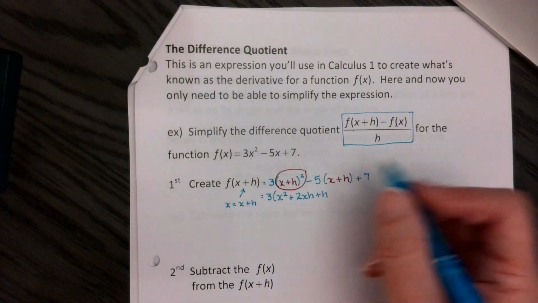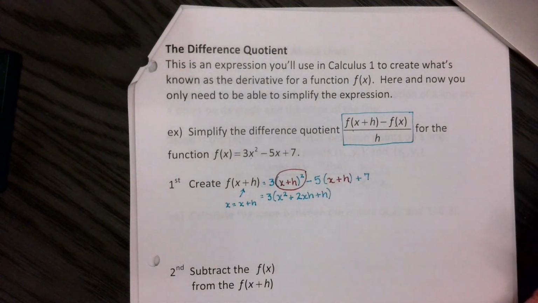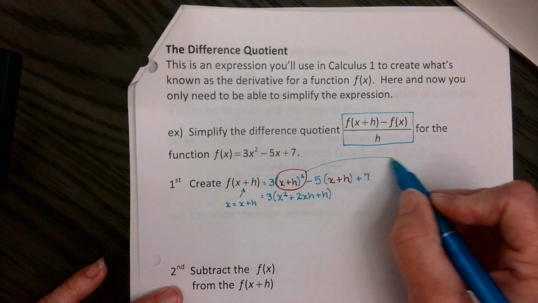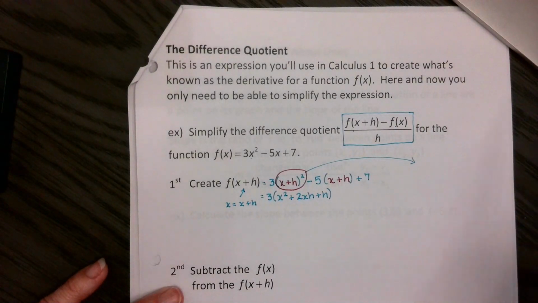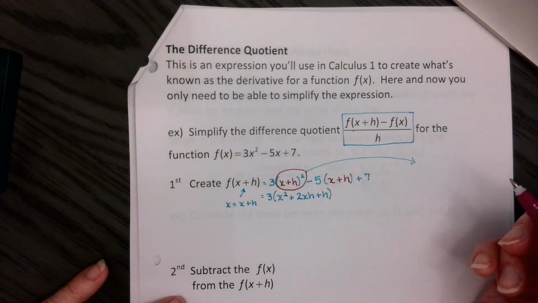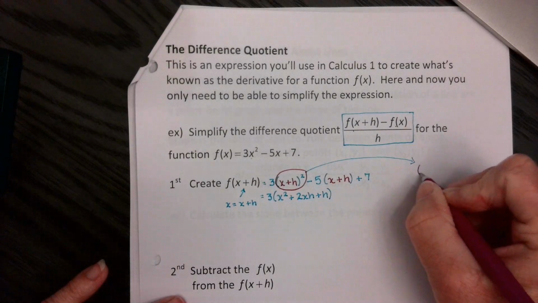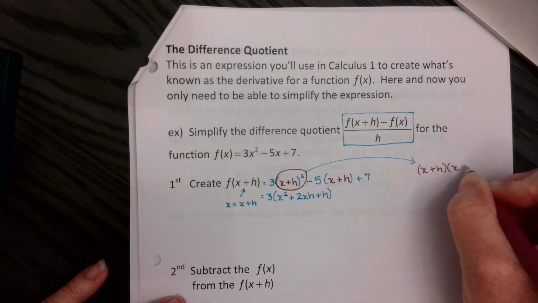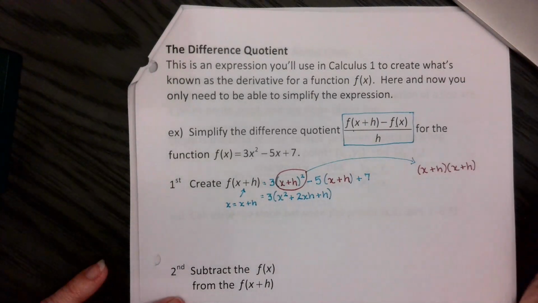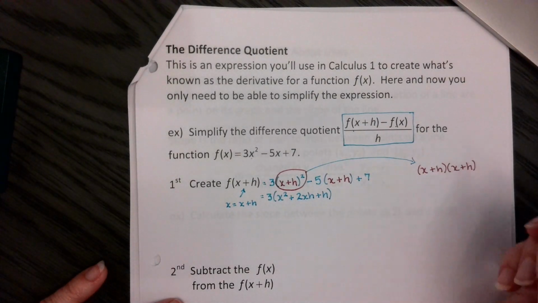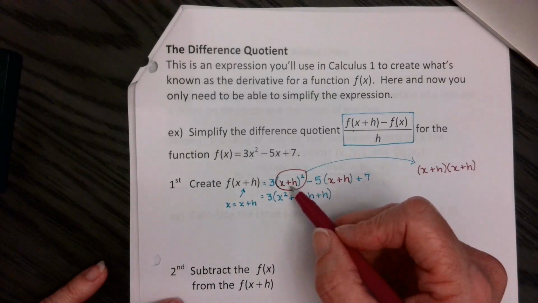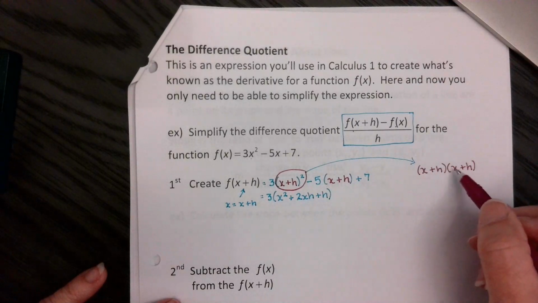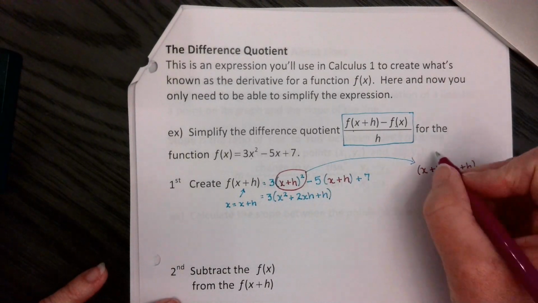Now, let's say you don't know that rule. Well, bring this over here. And you're going to tell me what that means. When you square something, you take what you have and multiply it by itself. That's what you're doing when you square something. There is no shortcut to give you x squared plus h squared. That's not it. Because what's going to happen is, if you go to do this over here and you use FOIL,